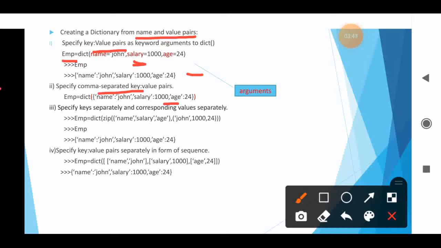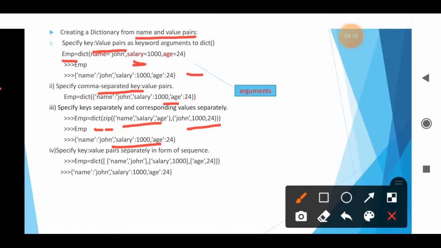For example, emp is our dictionary, dict is a function, zip of name, salary, age and John, 1000, 24. These three are the values, these three are the keys. Now you can see the result. We can create keys and values separately.